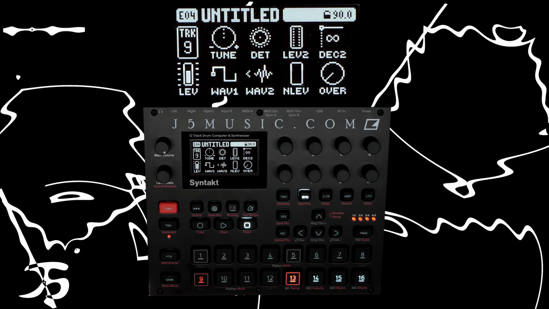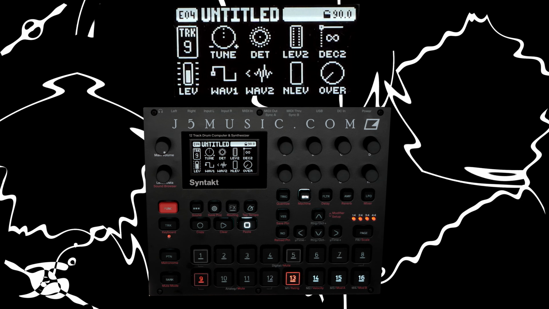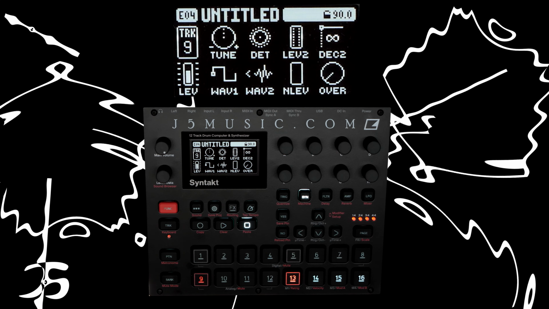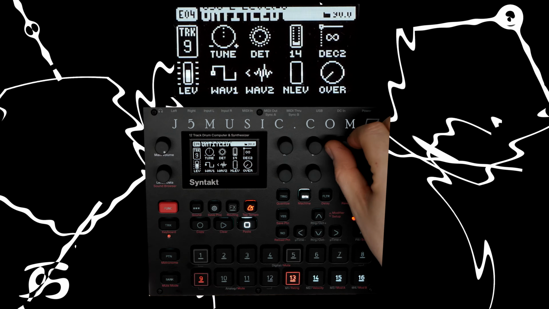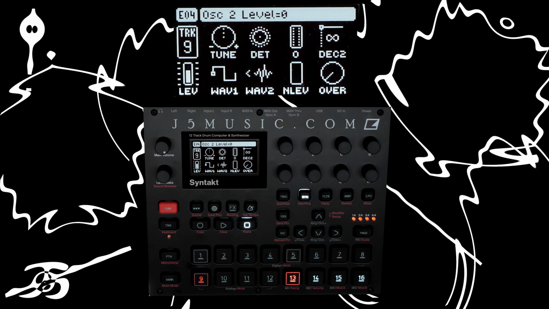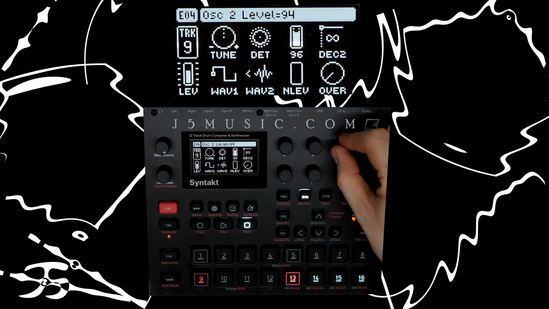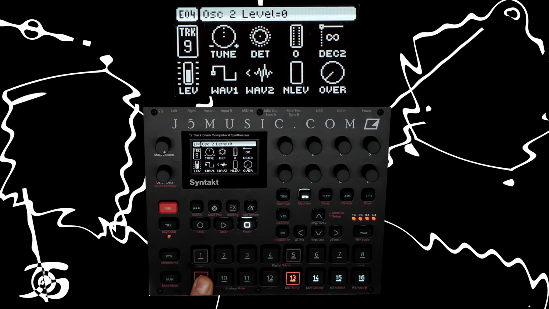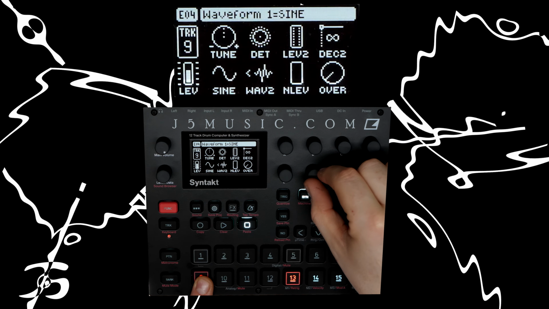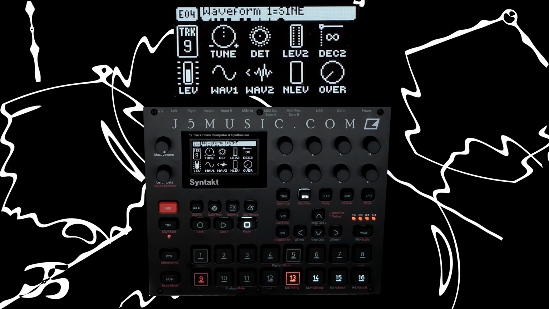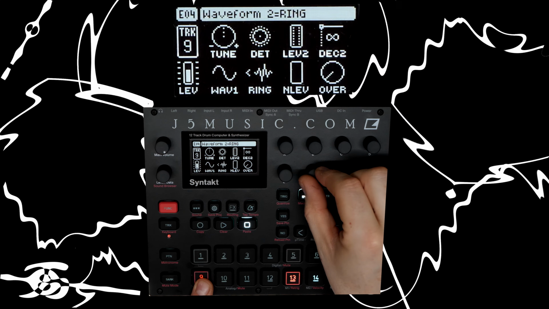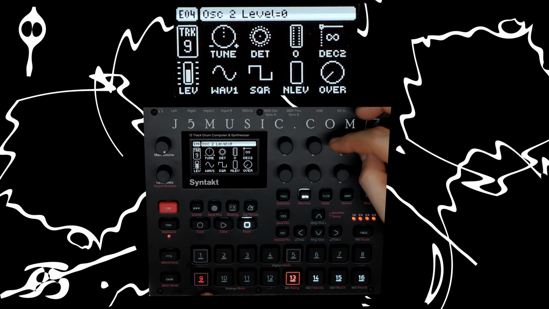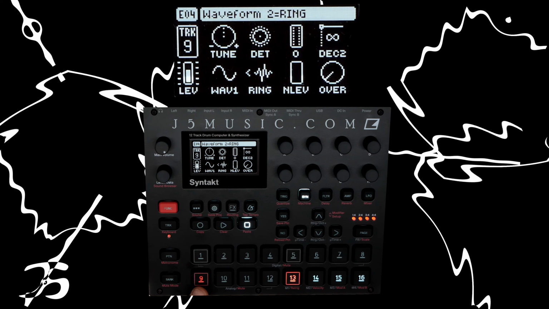It says in the manual that oscillator 2 ring modulates oscillator 1 using a square wave. That is even if level 2 is set to 0. If we turn this up, it adds a sine wave to the sound. So let's just hear that. As you can hear, that's just a sine wave. Now if we ring modulate that sine wave,